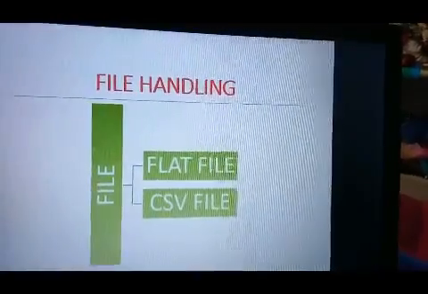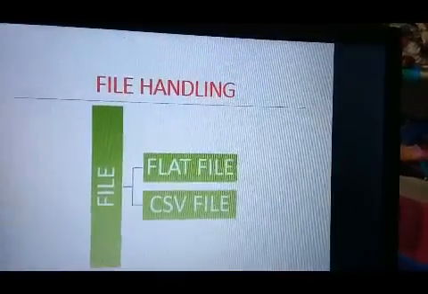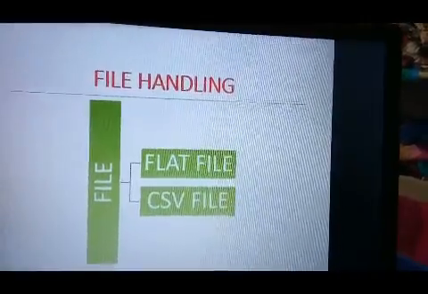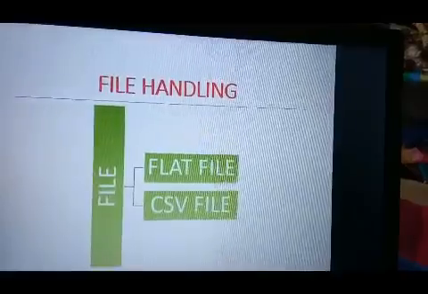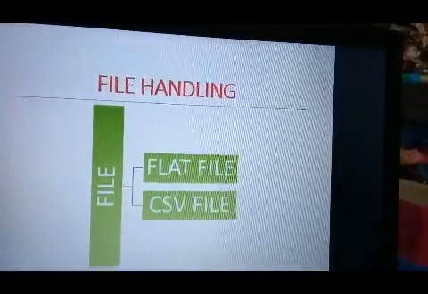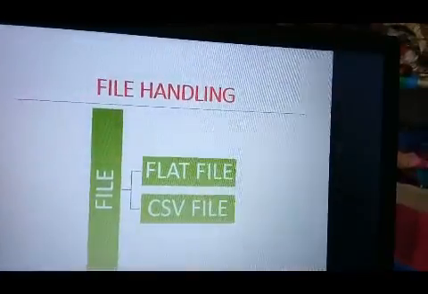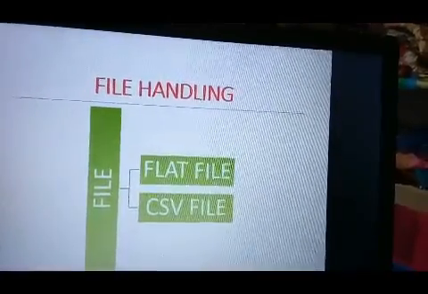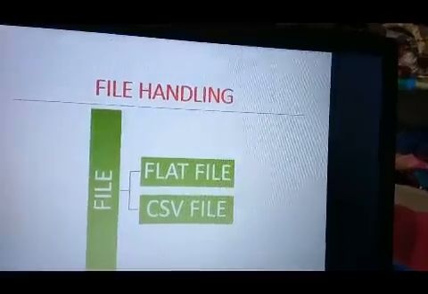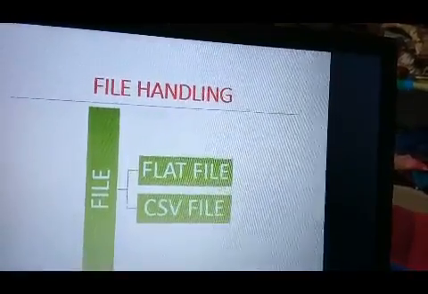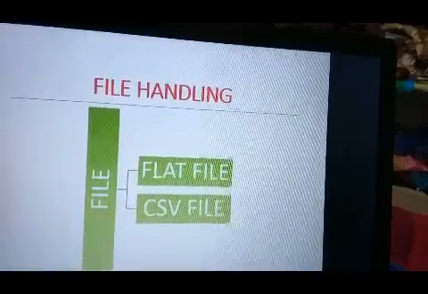While it uses a simple structure, a flat file database cannot contain multiple tables. Now I am going to explain about the CSV file. The expansion of CSV is comma separated value. The CSV file is a plain text file that contains a list of data. These files are often used for exchanging data between different applications.